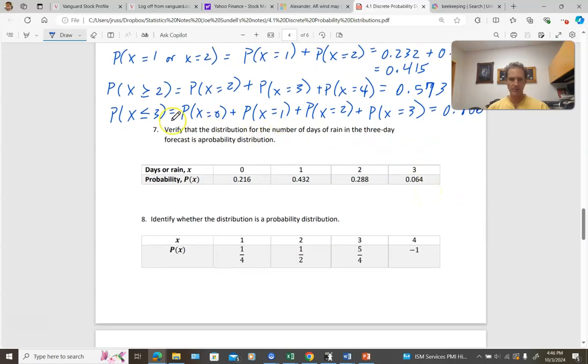All right, number 7. Now what we want to do is verify that the distribution for the number of days of rain in the 3-day forecast is a probability distribution. Okay, so these are the different values that our random variable can take, and the random variable counts the number of days that it actually rained over this 3-day forecast. Okay, and it gives the respective probability for each of these. Okay, so